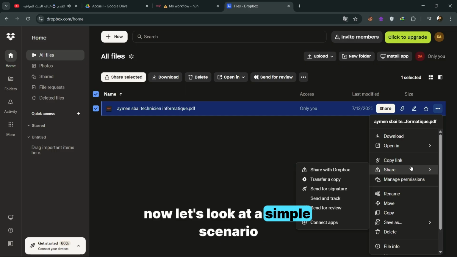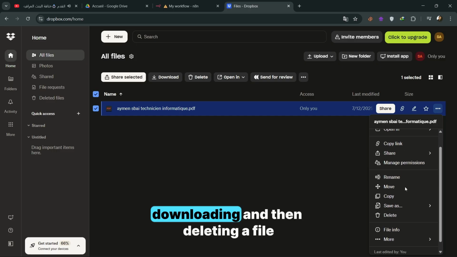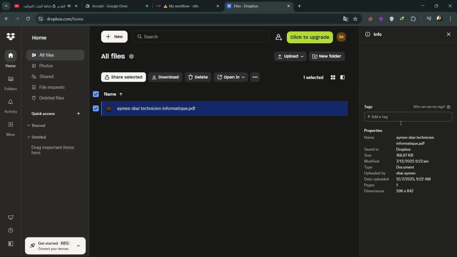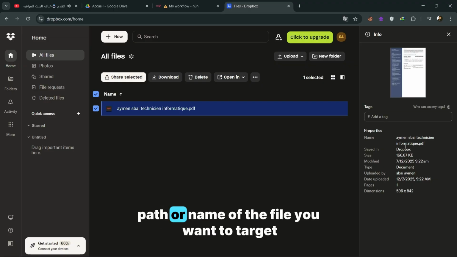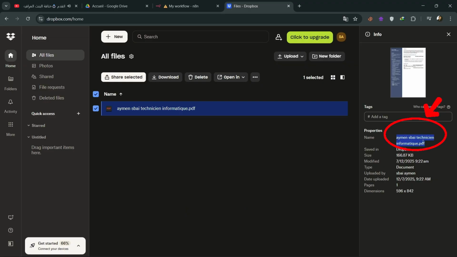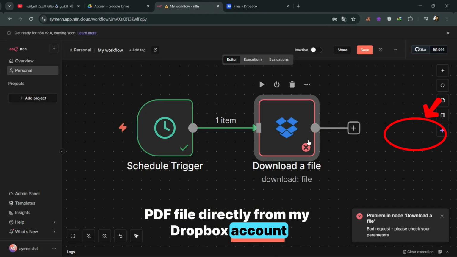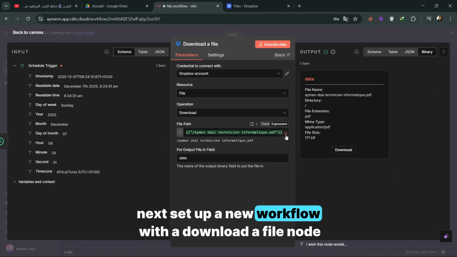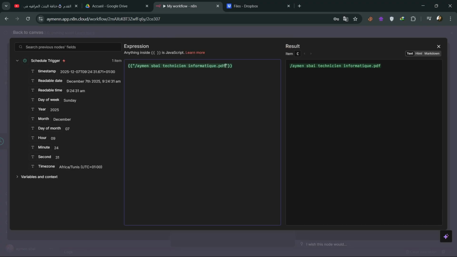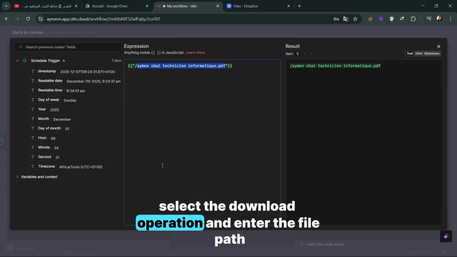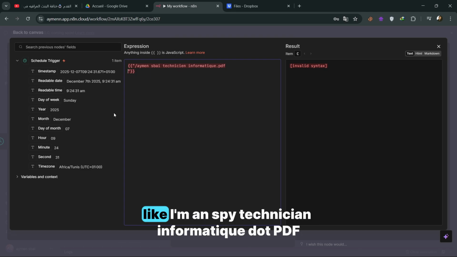Now let's look at a simple scenario: downloading and then deleting a file. First, you need the exact path or name of the file you want to target. I'm copying the name of this PDF file directly from my Dropbox account. Next, set up a new workflow with a Download a File node. Select the download operation and enter the file path, like n8n technicien